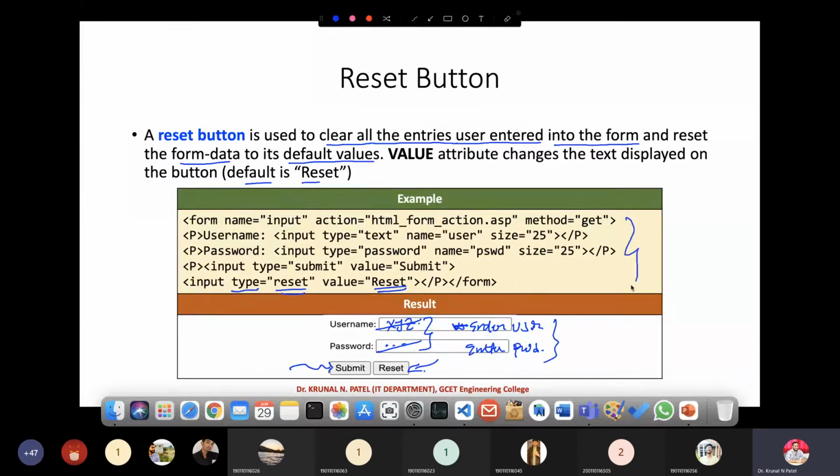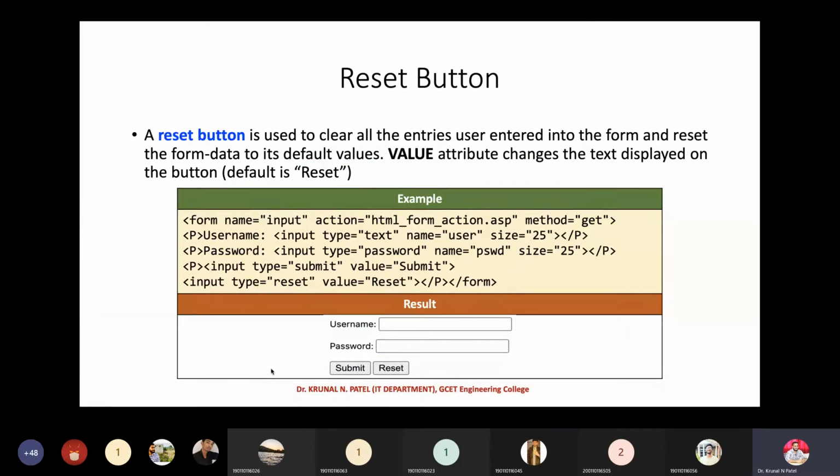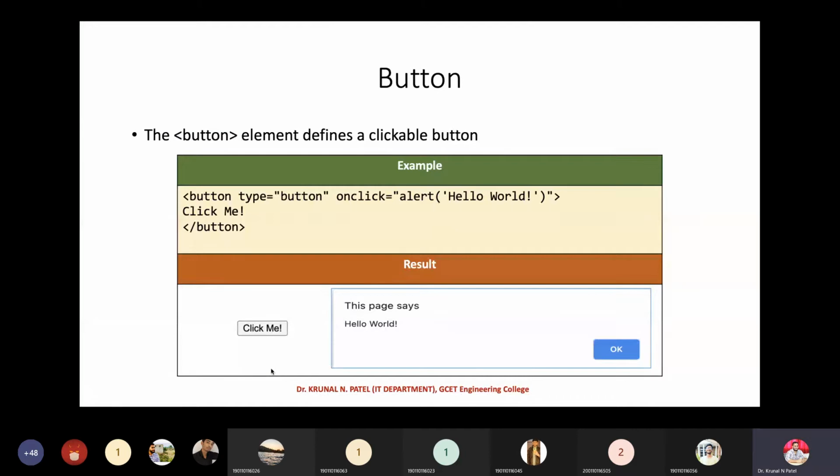If you write this logic into your HTML body section, then it will display output like this. Okay, so this is the second type of button. First is the submit button, another one is the reset button. Now let's jump on to another type, that is button, right?